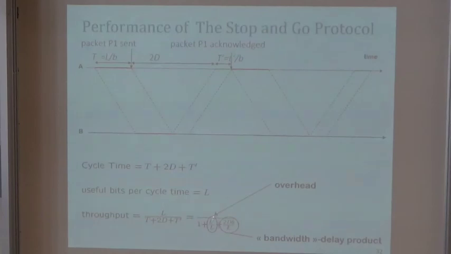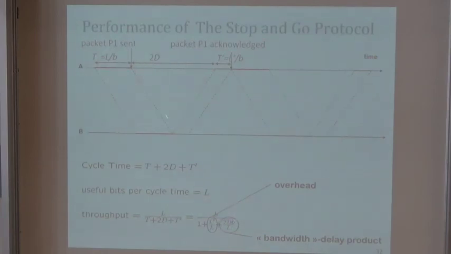One is the overhead. L prime over L is the length of the acknowledgement. The acknowledgement is not useful data. It's just data I'm sending back to make the thing work, but it doesn't contain my video image that I'm trying to download, for example. So that's part of the overhead. That's easy to understand. And the other thing is the time wasted because of this. And the interesting thing is that this time wasted can be expressed as something called the bandwidth delay product.